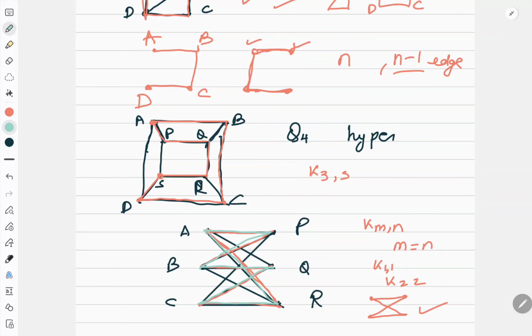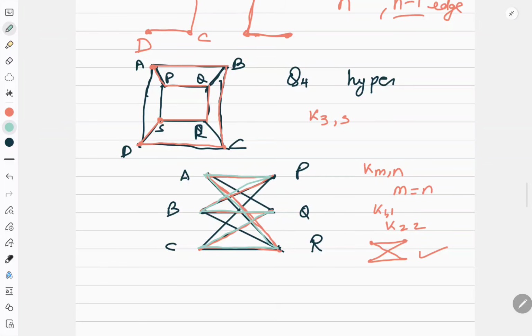For Euler's also we have conditions, that the degrees have to be even. Euler's I will anyways discuss with you later on, but for Hamiltonian cycle this is a condition that you should figure out. So remember this property: in complete bipartite graph Kmn, it will have a Hamiltonian cycle only if m is equal to n, but K11 is not possible. K22 is Hamiltonian, K33 is Hamiltonian, we just showed that.